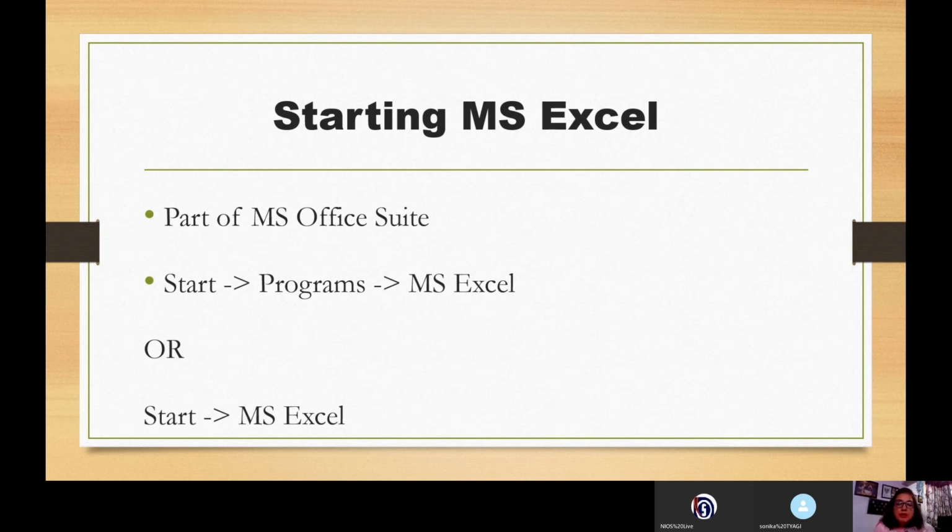So all the learners who are not using 2016 might see minor changes from what we see today to what you have on your machine, may it be a laptop or may it be a desktop. So don't worry, it's just a minor change in the interface. The basic application remains the same, right?